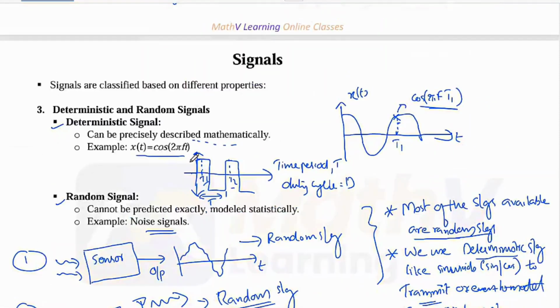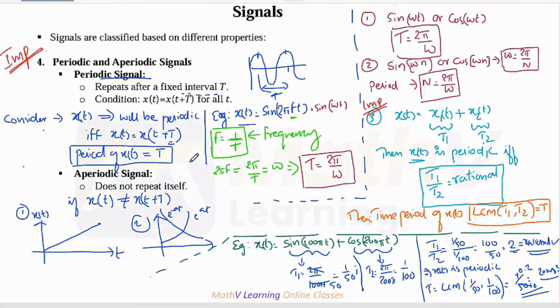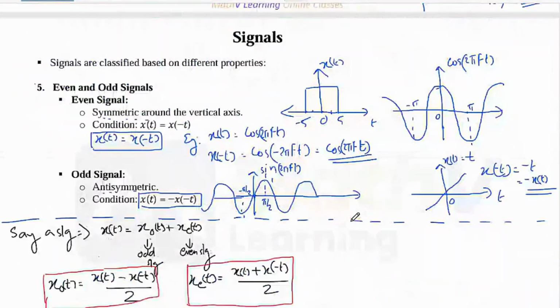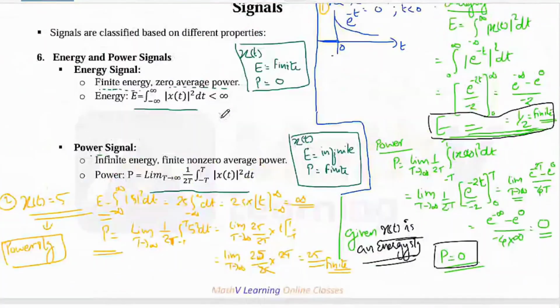Also deterministic and random signals: whether the signal is random, or whether we can mathematically model it and define it at an instant. Okay, we have periodic and aperiodic signals, depending upon the periodicity and how to find the period of that particular signal. Okay, and also even and odd signals, and also energy and power signals. These are all important. Okay,